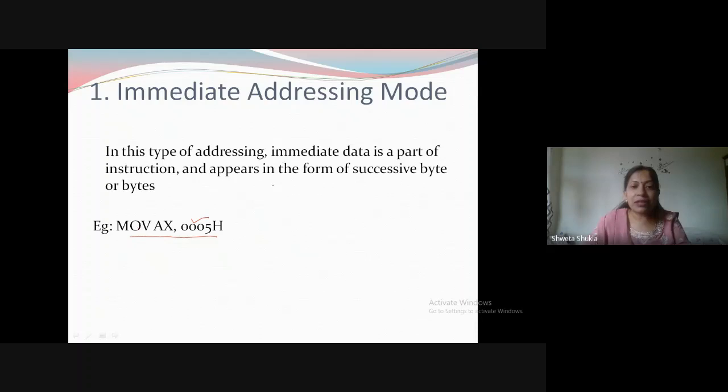But always remember one thing, there are different ways of writing instructions. For example, MOV AX, 005H is right. But if the instruction is like this, MOV GS, 0050H, then remember that this kind of instruction is not at all possible, because you cannot move the immediate data directly to any segment register.